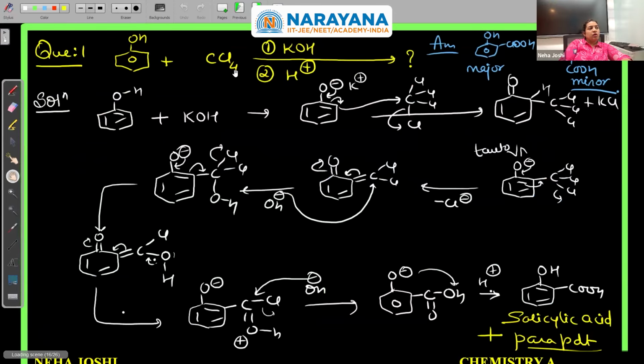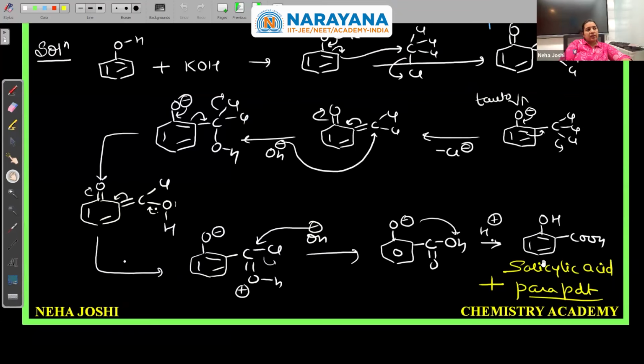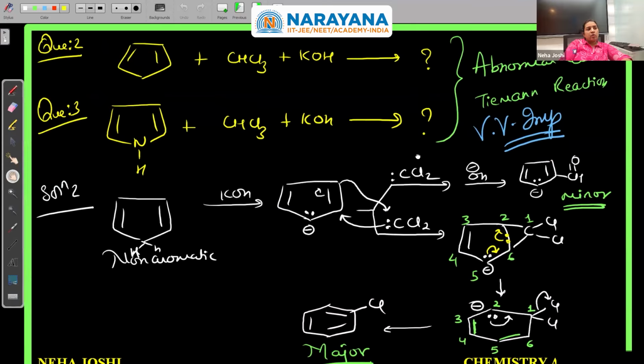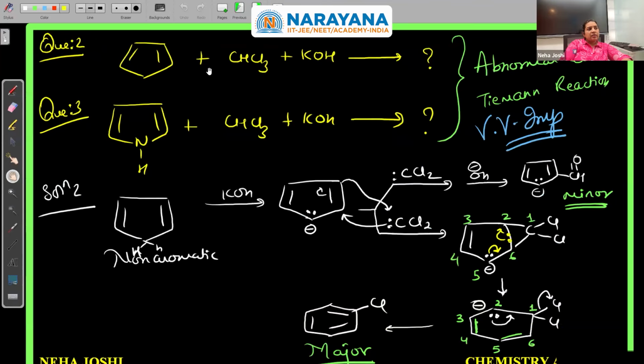ठीक, phenol plus CCl4, KOH, H+ अगर हमने लिया तो सिमिलर तरीके से वी कैन हैव सैलिसिलिक एसिड। ये आई आपकी एबनॉर्मल Reimer-Tiemann। हाँ तेजस, एक सेकंड रुकना, मैं ये एबनॉर्मल Reimer-Tiemann एक्सप्लेन कर दूं, उसके बाद बात करते हैं।